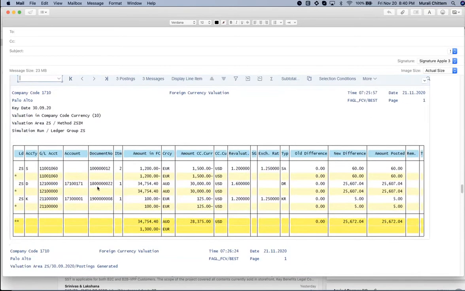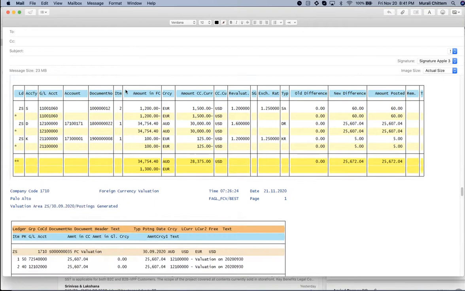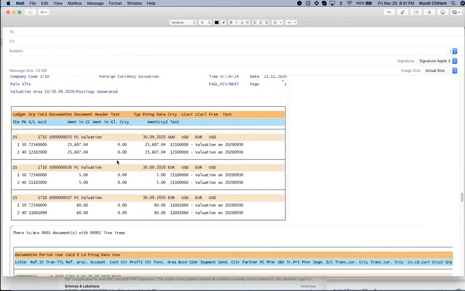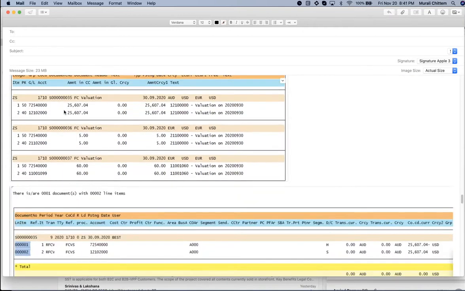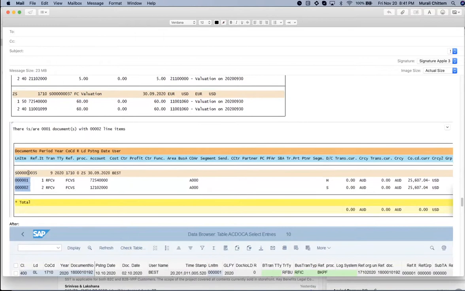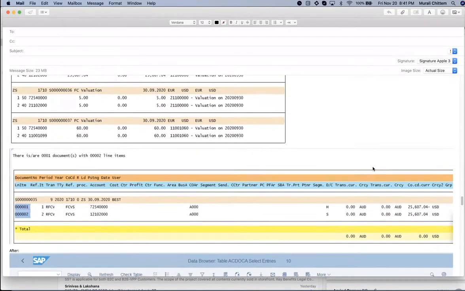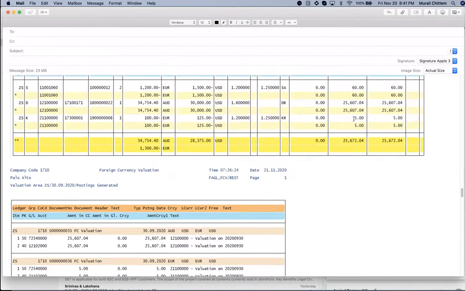I already showed this, or maybe it is clear now because it's a bigger screenshot. This is the first screenshot. Once we click on this 3 postings tab, it will display all 3 posting documents. I just double clicked and displayed this document, this 35. So this is the balance, you can see here 25607.